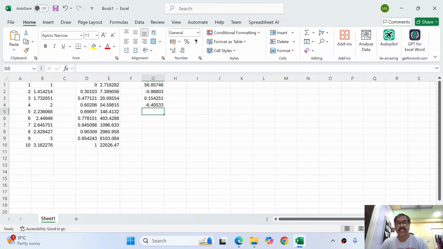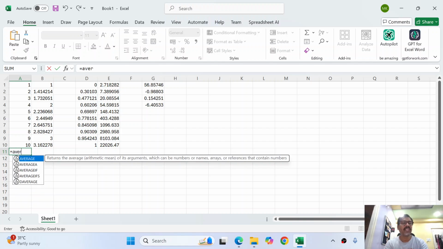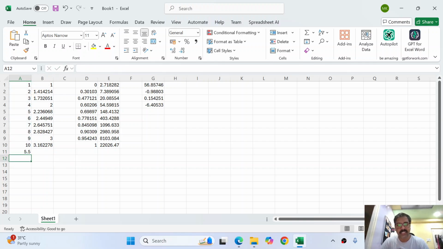Okay, now coming to the functions. Say for instance, my objective is to calculate the arithmetic average of this. Obviously it should be 5.5. So what I can do is come down here somewhere and type equals average. This is also a function. Now I can type like this and use the tab button to autofill it and choose. But for people who don't know that there is a function called average,